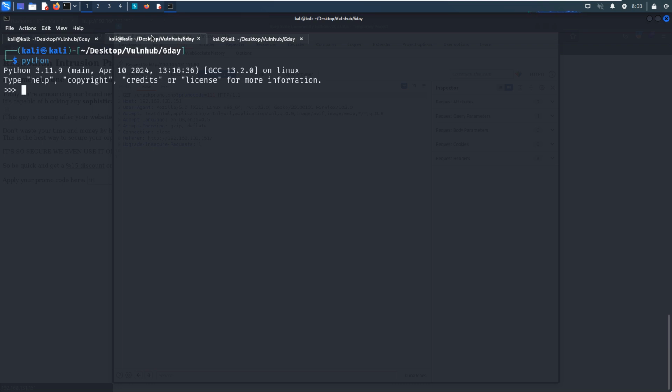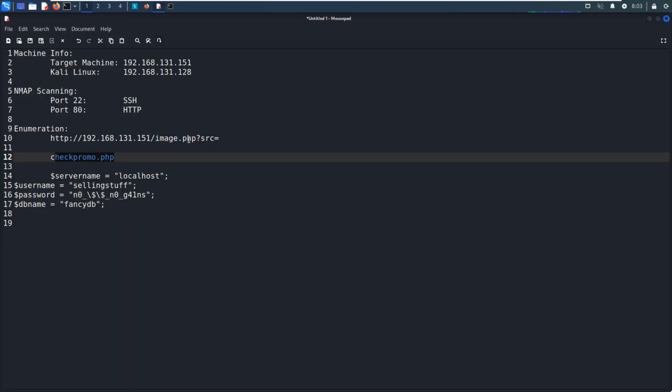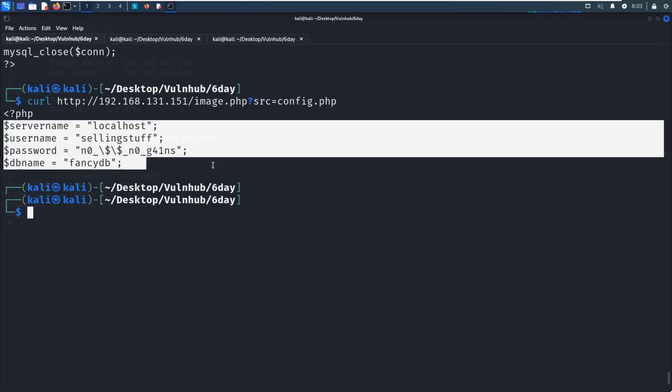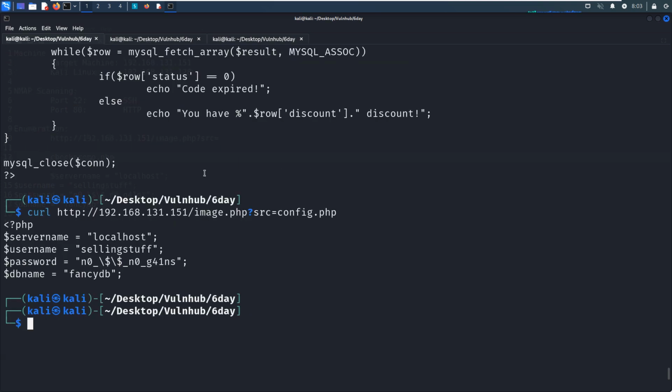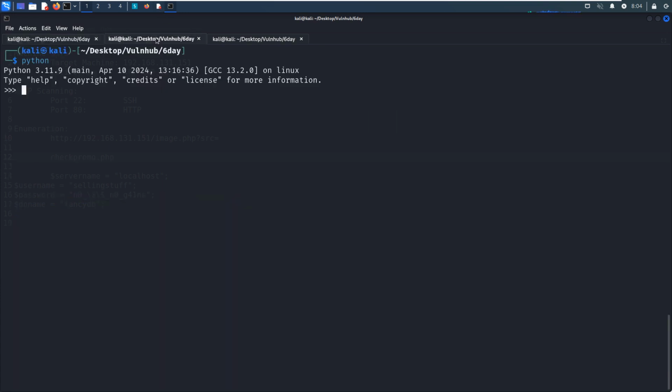Because we have to know that the target here is a string, right? So next we need to know the special character which can allow us to close up the previous SQL statement, for example, the dash or the pound symbol. Okay, let me show you.